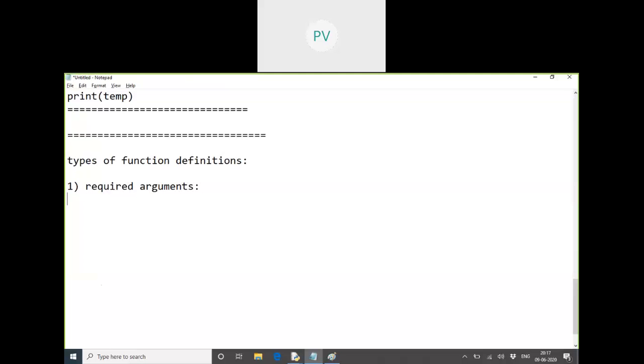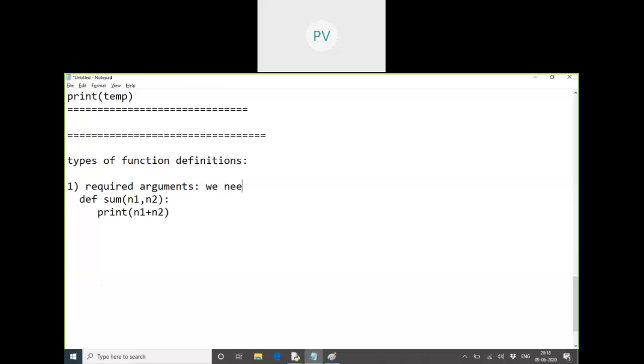Means if you define a function with only two variables, how many arguments do we have to pass to it? Required means how many it is expecting.